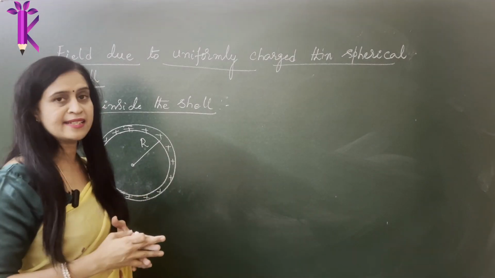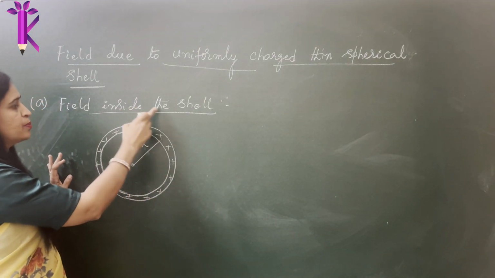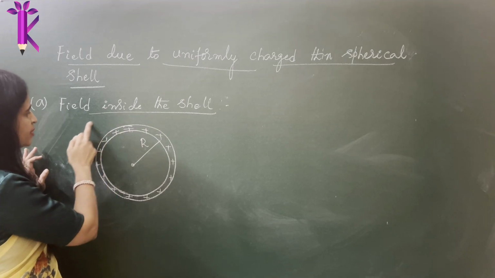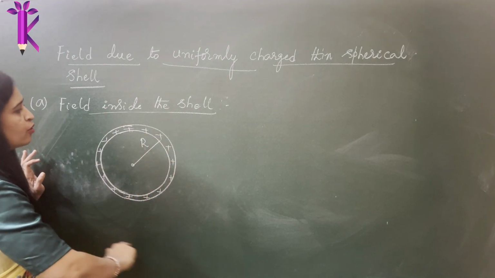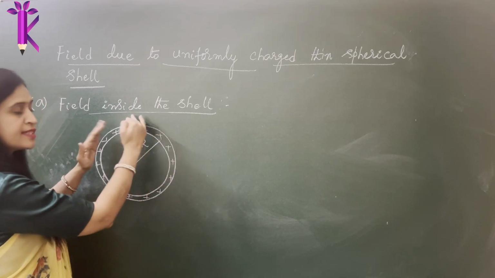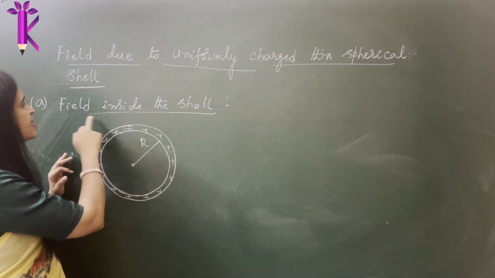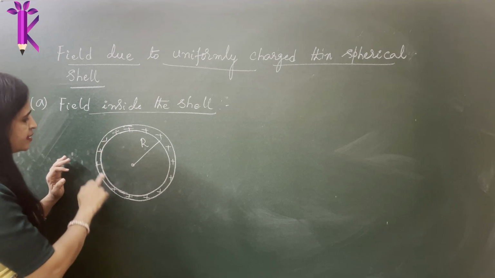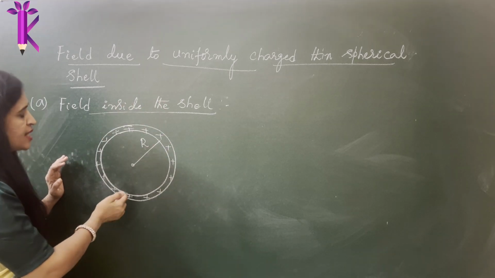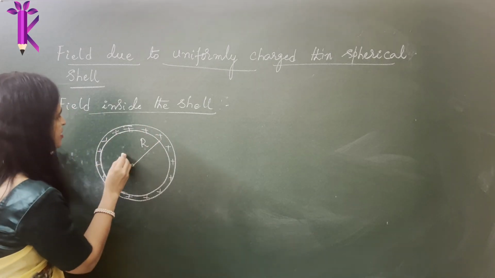Well, this is a very interesting derivation, the same part, but now we are assuming the Gaussian sphere to be inside the shell. So this is the shell that we had earlier, and earlier we assumed the Gaussian sphere to be outside of this. We imagined that sphere enclosing the spherical shell, but now what you're asked to calculate is the field inside the shell. So the charges are on the surface of that spherical shell, it's a ball. Now you are imagining the Gaussian surface inside.